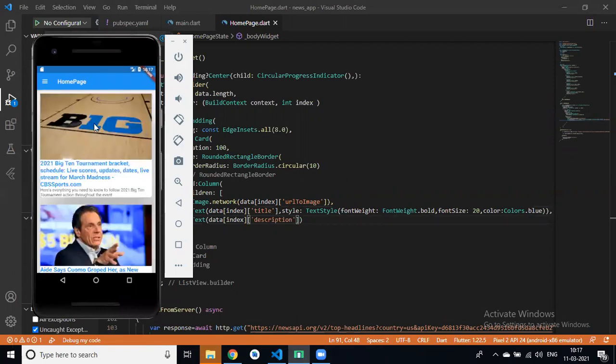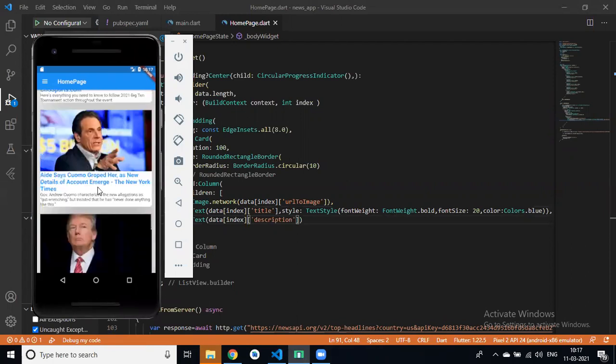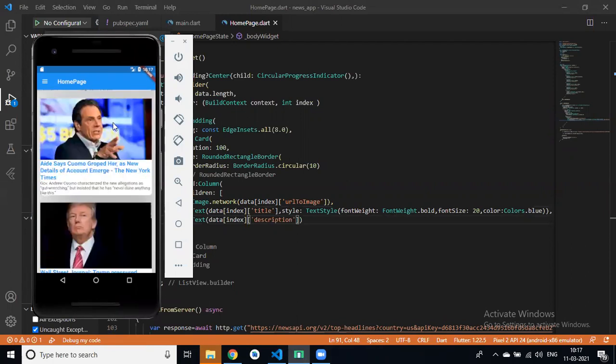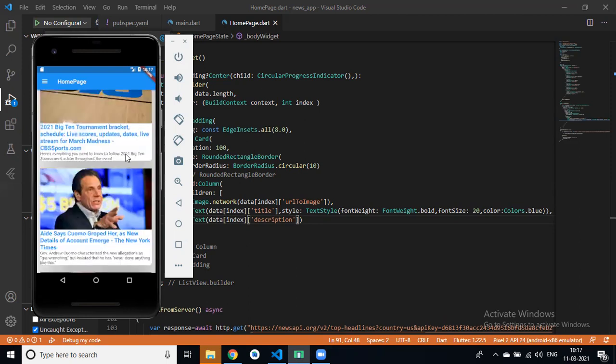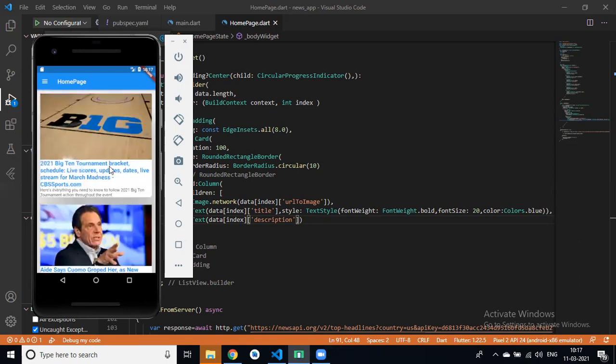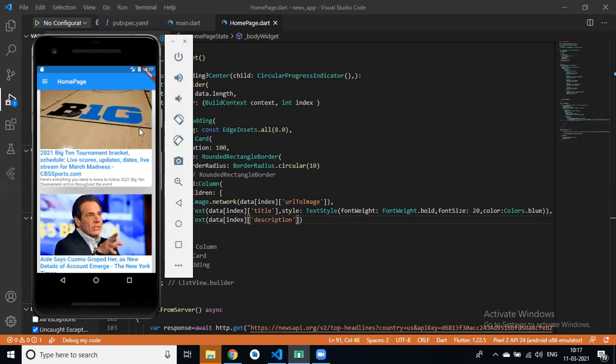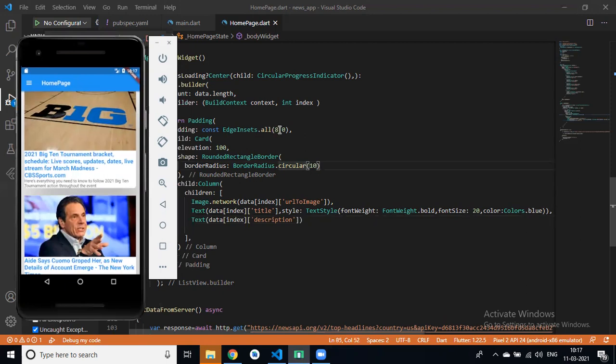Can you see now? Yes, Roshan. Can you see, Divya? Yes, data comes from the network, from the API, right? So we have a title, we have a description, we have an image. So give not 8, but 4.